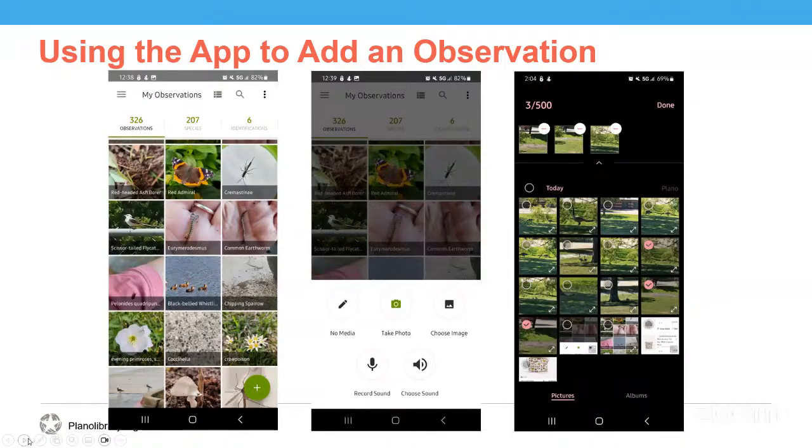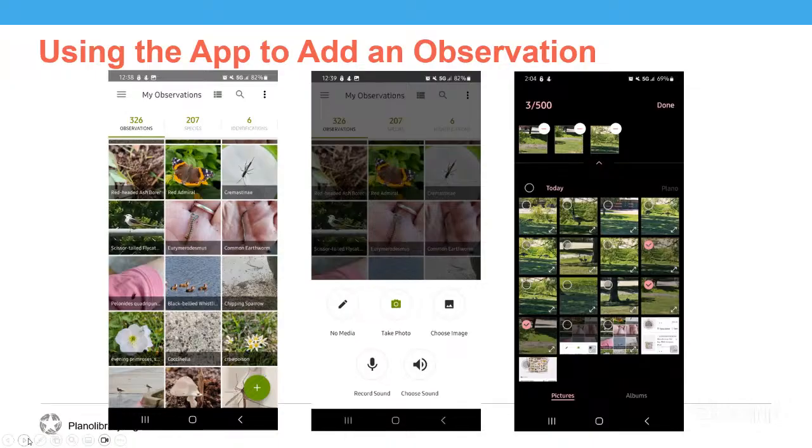So we're going to start at the main page of the app. It is titled My Observations, and that is what you can see there on the far left. At the top, it will show you the number of observations you have made, the number of species you have seen. Now, this number typically will not match your observation numbers if you have submitted more than one observation of the same species.